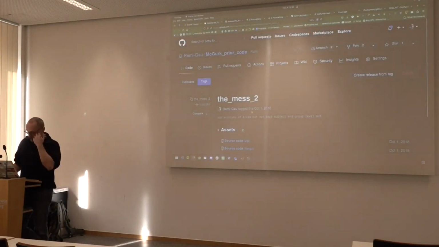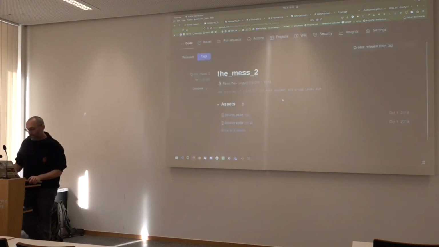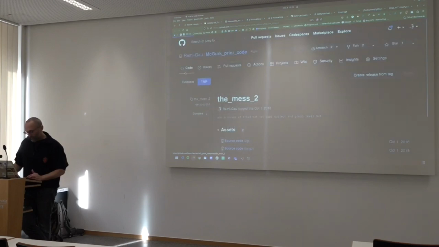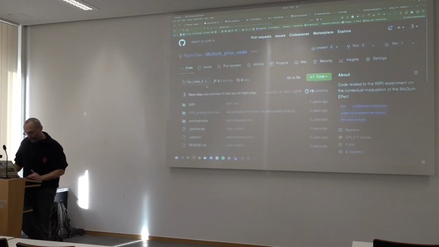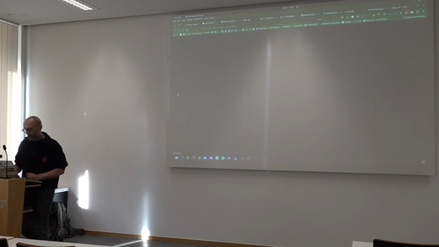So this is on GitHub. This is the code from which the file I was telling you about is coming. I've made a checkpoint, sort of a tag called the mess, because let me show you how things look here. Okay, little trick. When you're on GitHub, if you press the dot button, it will open a VS Code in your browser, so you can browse things a bit more easily. It just needs to load a little bit.